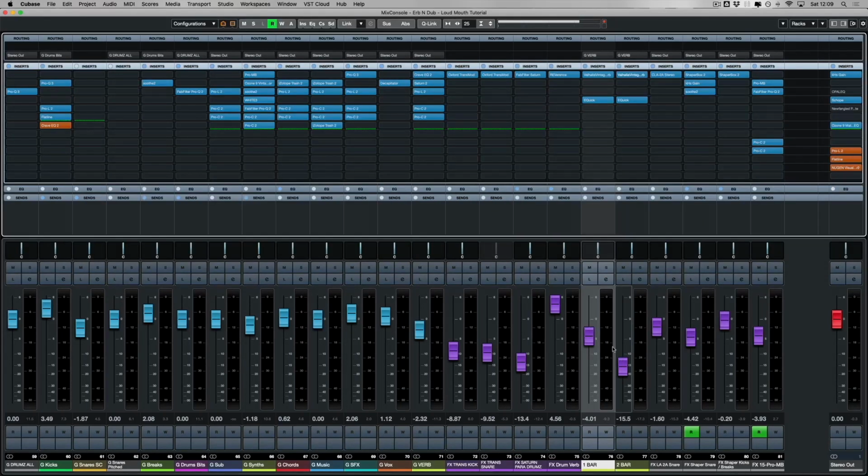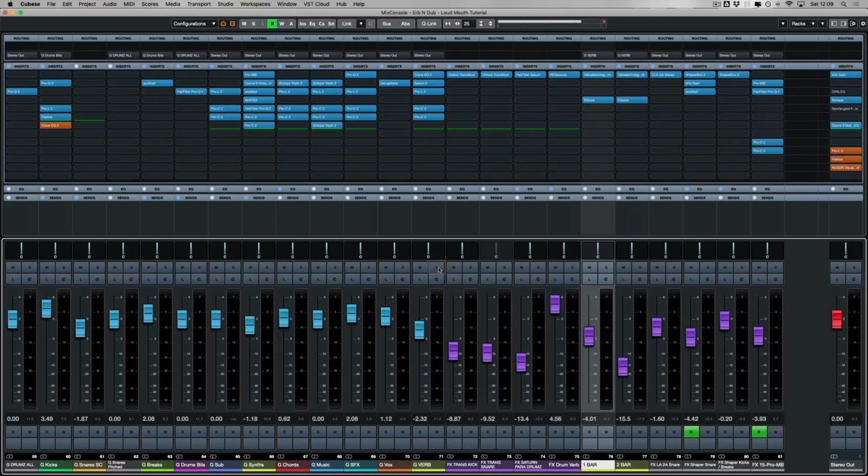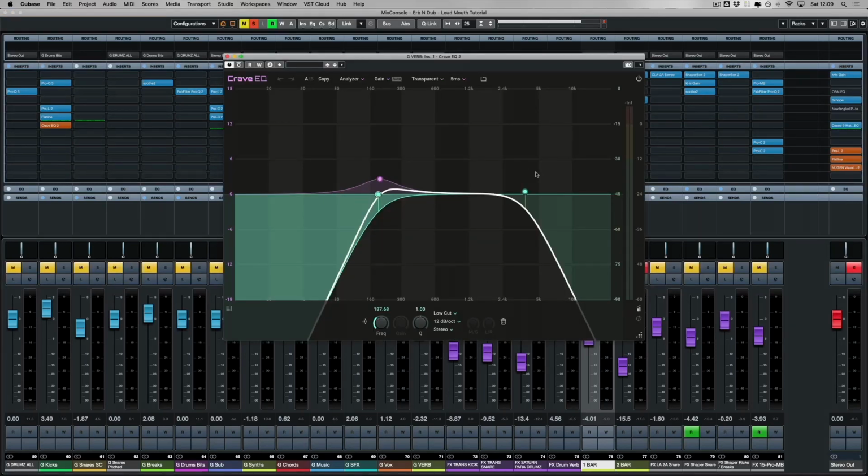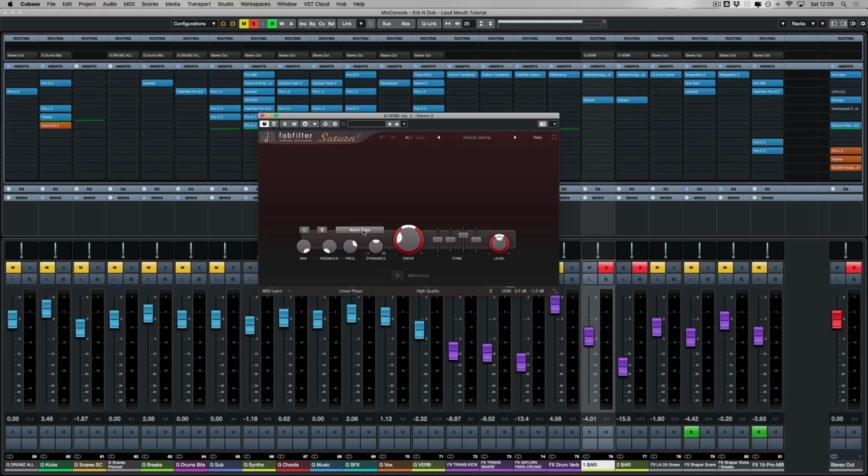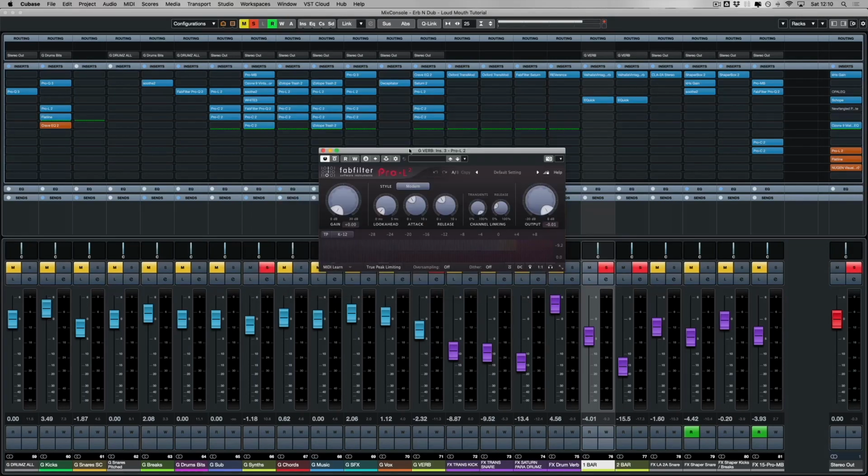As you can see, I've set the levels differently. I wanted more of the 1 bar and less of the 2-bar. Once I was happy with these, I sent them to a group. I soloed the group, and let's check out the processing. I used Crave EQ to cut some of the lows and highs, boost a tiny bit of the mids, Saturn 2 using the warm tape and adding some drive, a little bit of boost in the top end, Pro L2 just to put a lid on things,